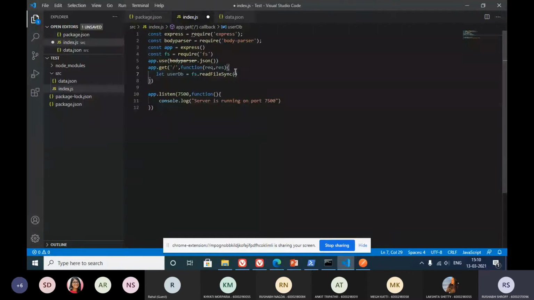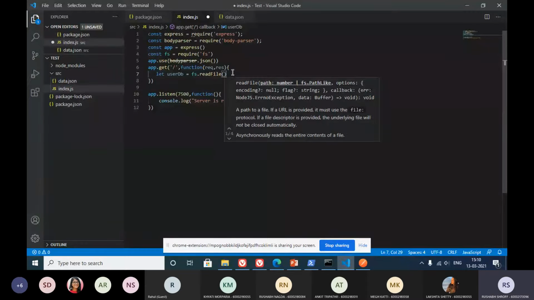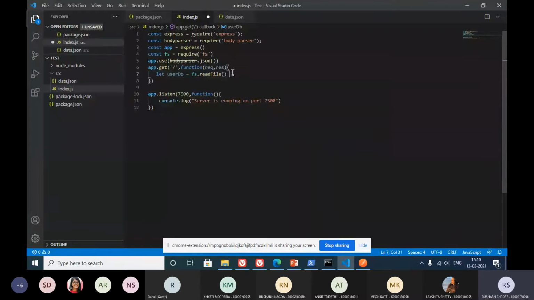So using fs.readFile, we can pass the file path over here, and then inside the callback you'll get the data of this file. But since this file is very small and we don't need an asynchronous process, what we are going to do is synchronously read this file, because it is not going to take much time. So the response sent to the user will be in a fraction of a second, and hence we can use synchronous reading of this particular file.